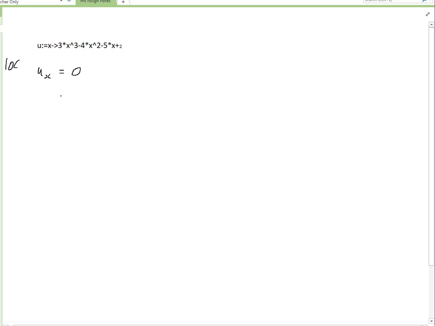So I'll differentiate this. We might have 9x squared minus 8x minus 5. It's got to be equal to 0. 9x squared minus 8x minus 5 equals 0. Okay, looking at that, 64. So it's not going to factorize, so we're going to use the solution for quadratic equation. So we find that x is going to have to be equal to,